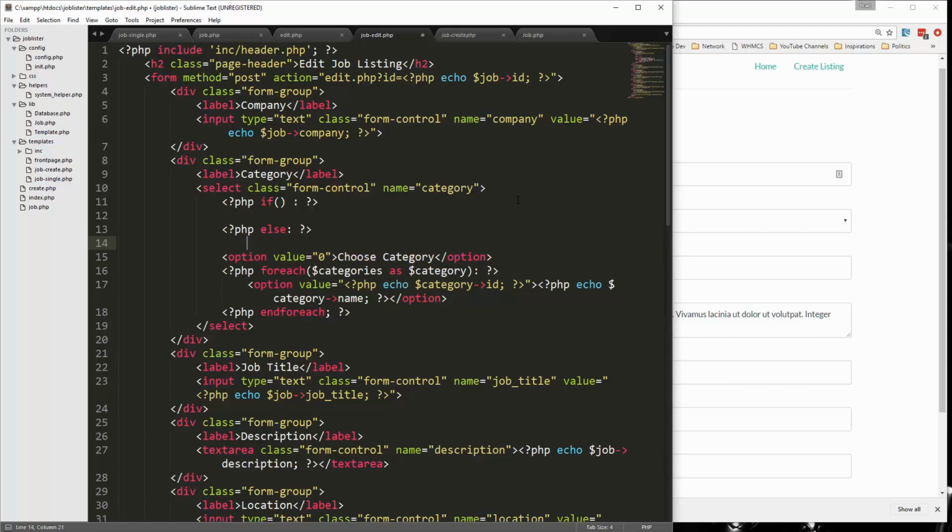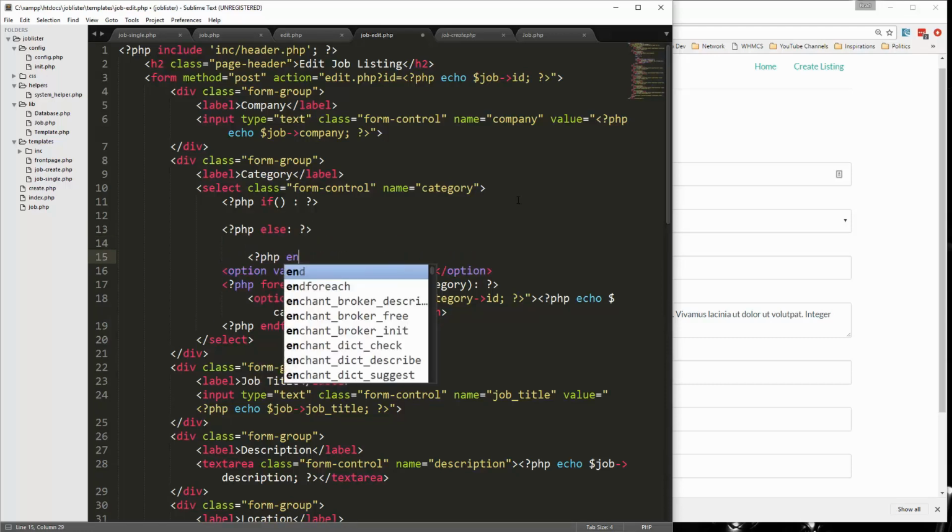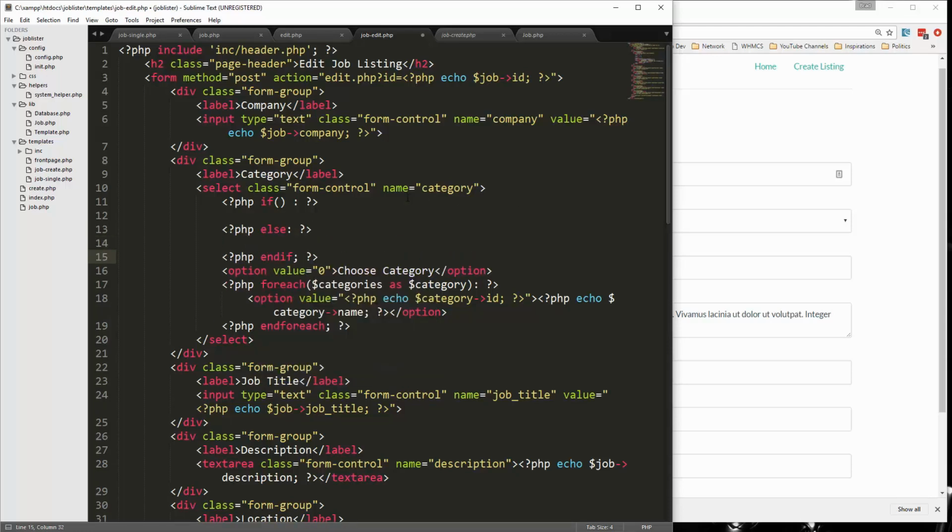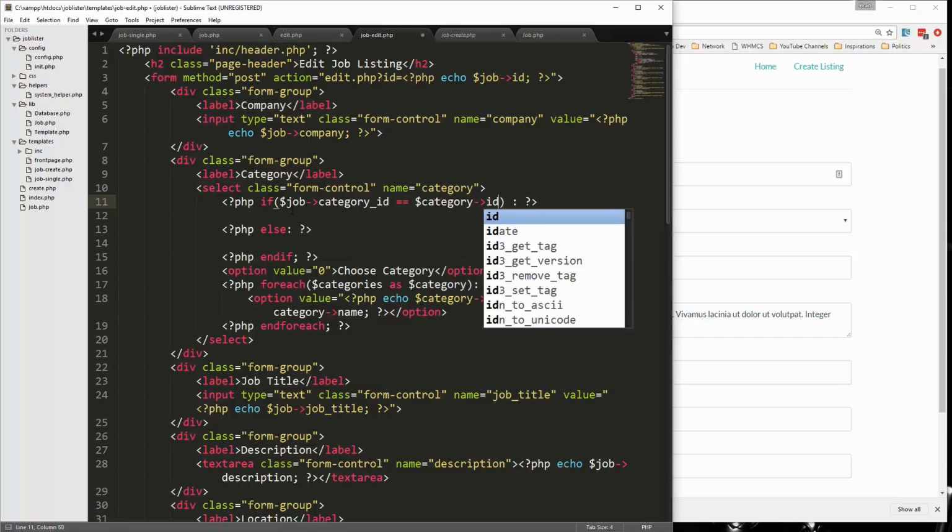It's going to have an else as well. Okay, so if job category ID is equal to category ID,